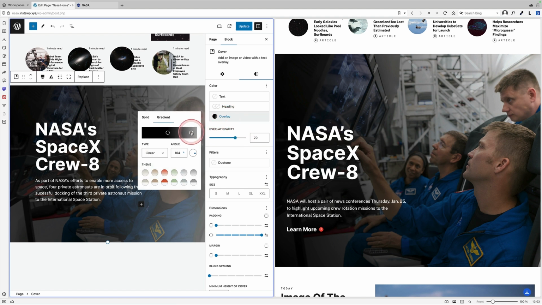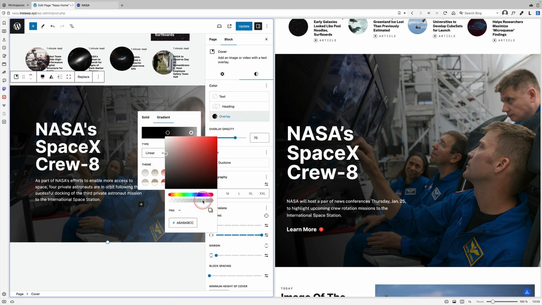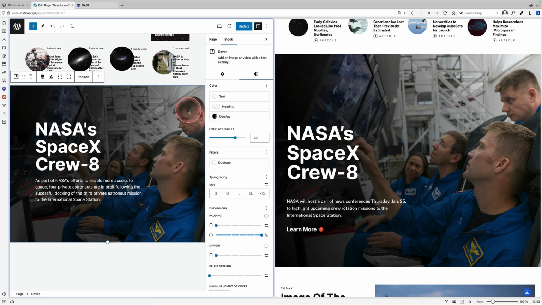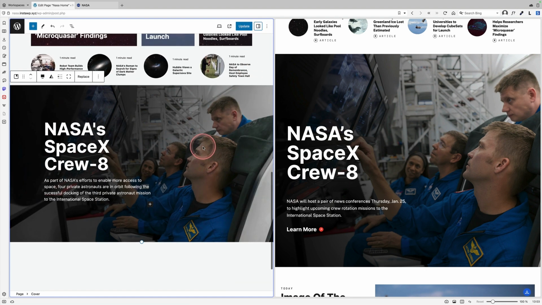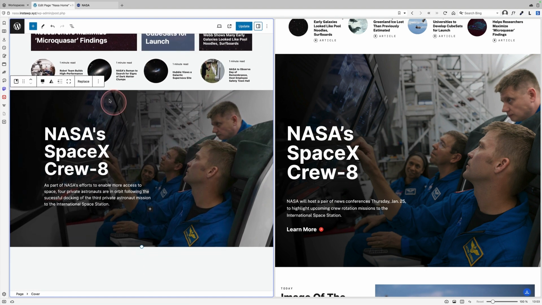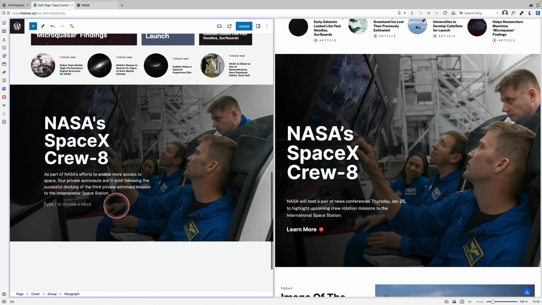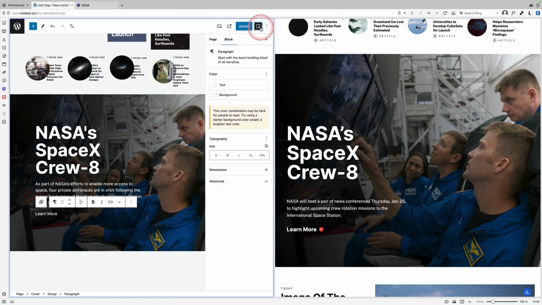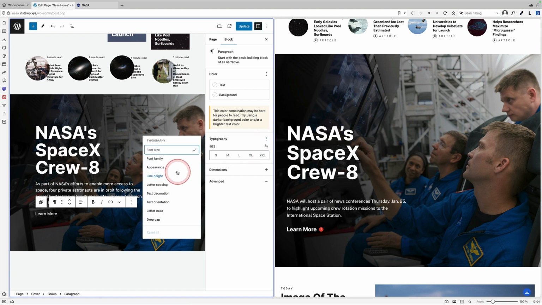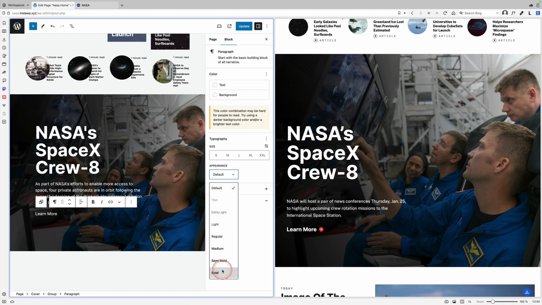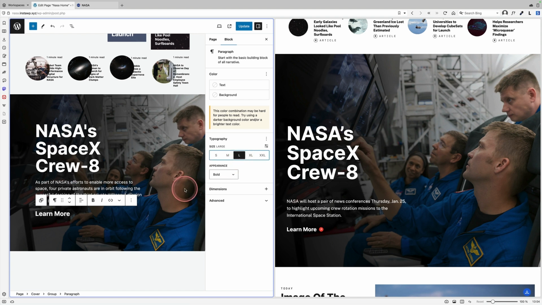I might just want to change this so it's a little bit more transparent. You see you've got a little transparency slider here as well. So I think that's looking pretty much perfect. Let's just close that down and check that out. The only other thing I'd probably want to add here, well, a little bit of space, bit of margin up here, and this little bit of text here, I'd add a row block and I'm going to add that little icon in. So let's do that now. So just hit return and I'm just going to type learn more. And I can make that bold and change the size by going to block settings here. And I can do appearance and let's make that bold. And probably want to change the size. I'm working very, very quickly.